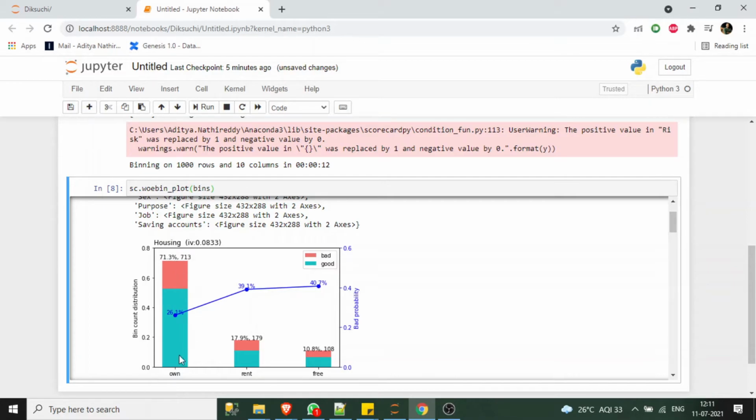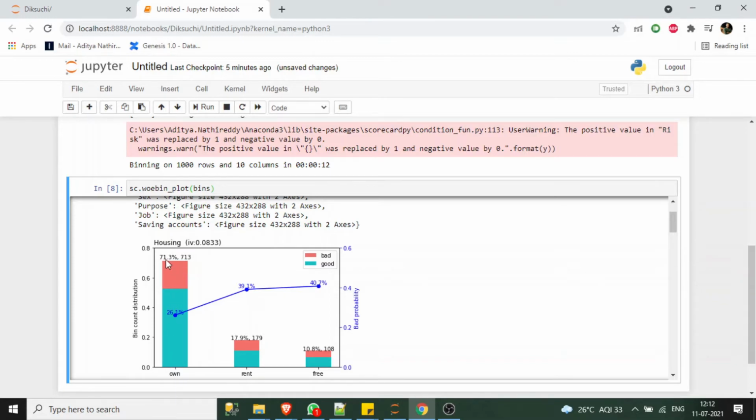On the x-axis you will see all the bins which are created by the library. Here this is a categorical variable, housing, that's why we can see only own, rented, free, and here we can see the distribution and count. So 713 customers of 1000 customers are falling into this bin.